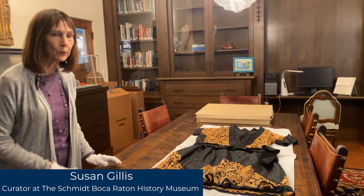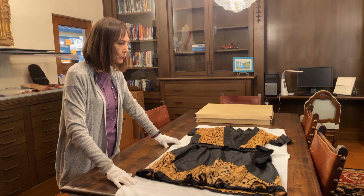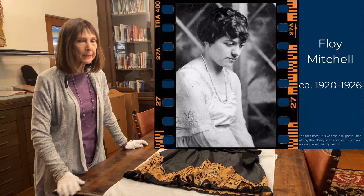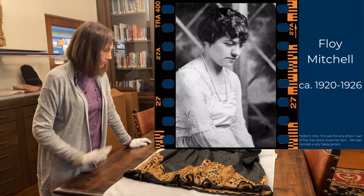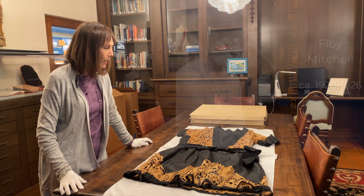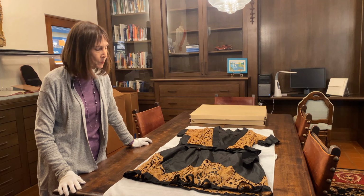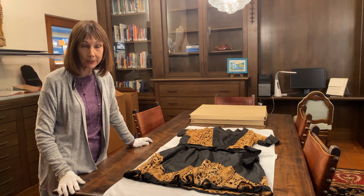Okay, what we have here is a dress out of our historical collections. This little dress belonged to a pioneer named Floyd Mitchell. Floyd came in 1923 with her husband and enjoyed the boom times here. But perhaps you know that in 1926, the Florida land boom went bust. And what that means is the Depression really came years ahead of the rest of the nation to our part